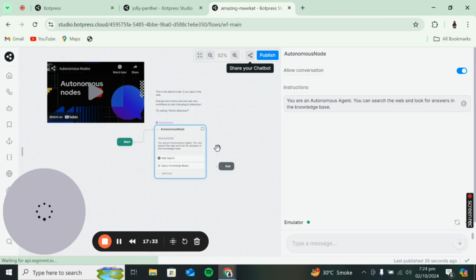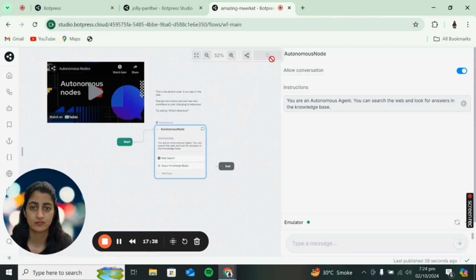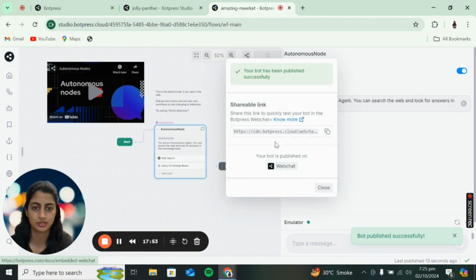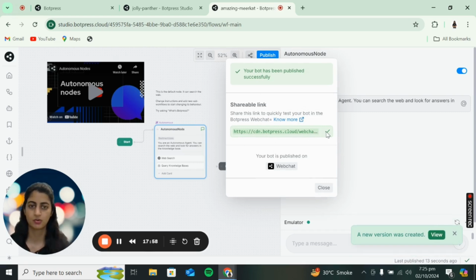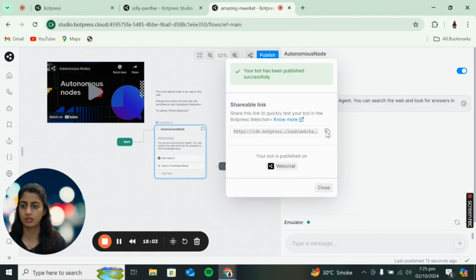We don't want the preview right now because we already know how it's going to work. We will also get a link that we can use and even integrate directly onto our website. Pardon me as I discover how to actually do this. Okay, so this is the shareable link. If you want to send it as a demo, if you want to show it to a partner in your business, you can do that. And I will cover how to deploy it onto your website in the detailed video that I'm going to make on WordPress.